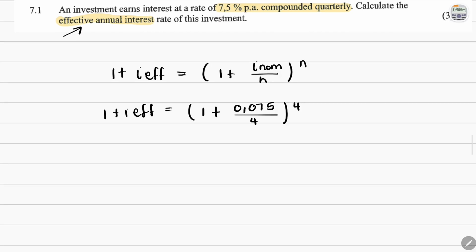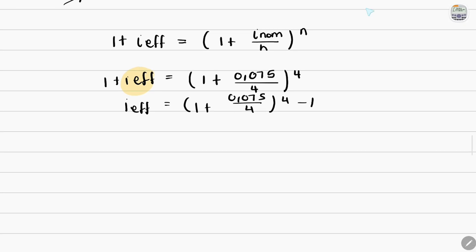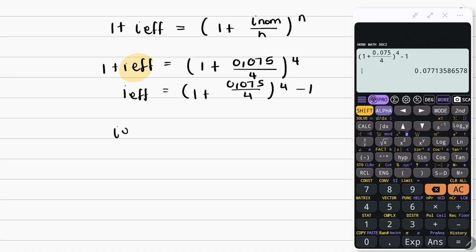And now all we have to do is make I effective the subject. So I effective is equal to, and then 1 plus, we're just going to rewrite everything and then just put this on the calculator. It's first going to give us a decimal. So transpose that 1 and it's negative. And let's find the answer. Okay, so let me write it as a decimal first. So this is equal to